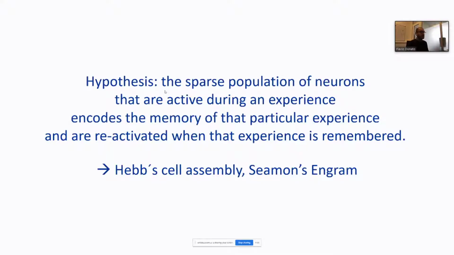This is what Semon had put forward as the engram. This is what Hebb had put forward as the cell assembly. And starting from this hypothesis, we move fast forward to the end of the 90s, where we have the introduction of some knowledge and some technologies that allow us not only to locate where the specific memory traces are, but even to understand a little bit more about the mechanisms that lead to the formation of these memory traces, and the process by which these memory traces are consolidated in long-term memories and reactivated when recall happens.